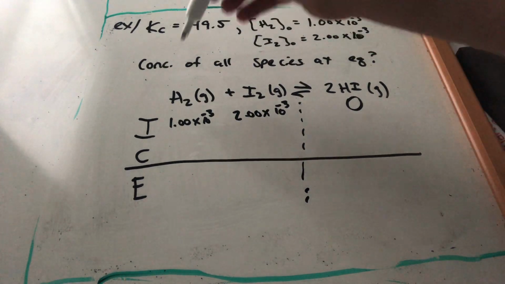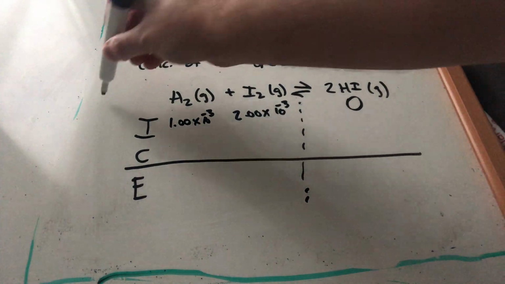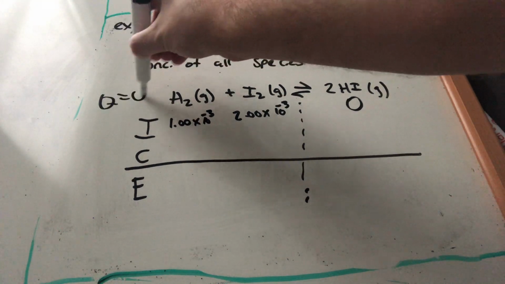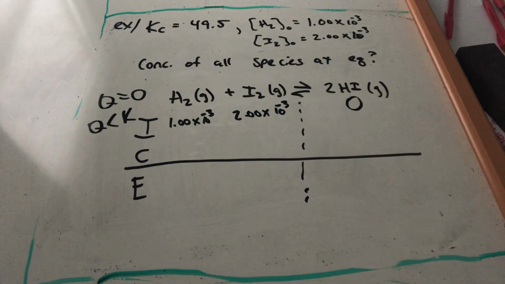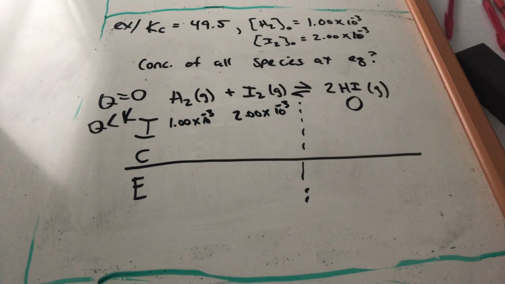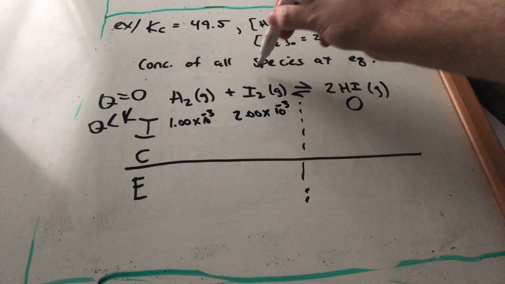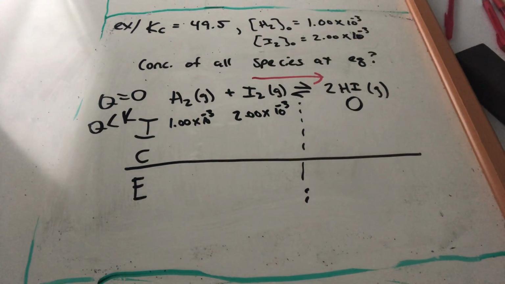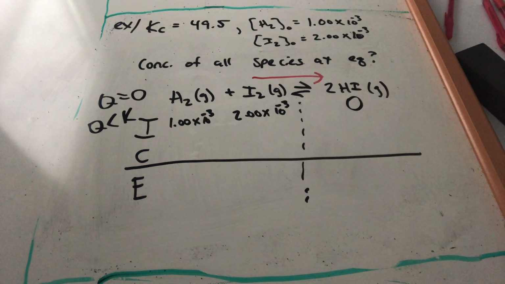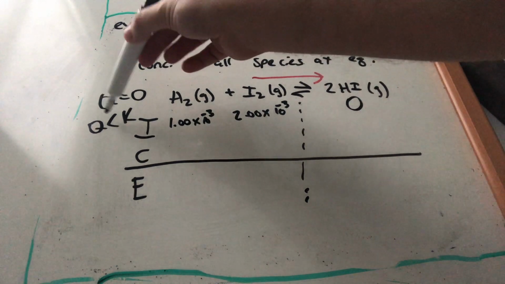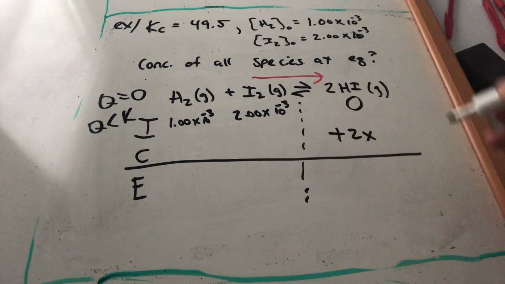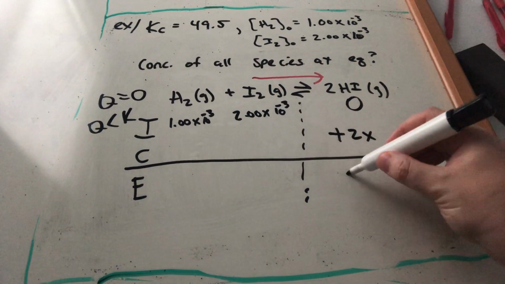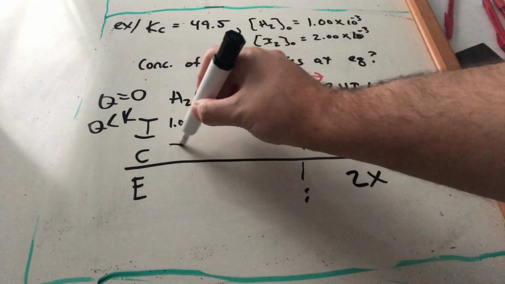We do a Q versus K check using our I information. We see that Q equals 0. Q is less than K. So again, we note down that with our Q versus K check, using our I information, we have a shift in the reaction to the product side. To get to equilibrium, we don't have enough products, so we need to make more. Plus 2x, I plus C equals E, 2x, minus x,